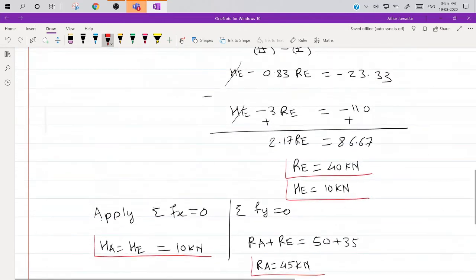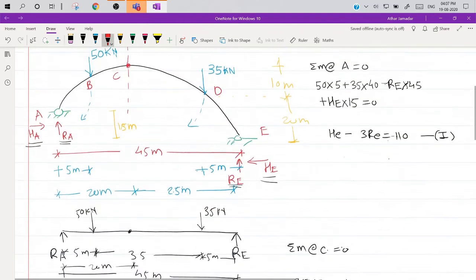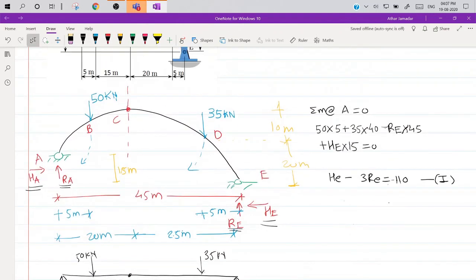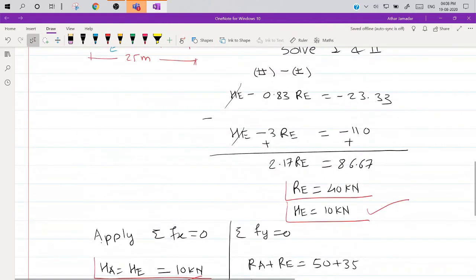So here we have seen that for any kind of parabolic arch, at both the supports, horizontal reactions are going to be the same. Okay, if you observe here, He and this Ha value are going to be the same, because horizontal loads are not acting on the parabolic arch, only vertical loads are acting. But even then we can say that both horizontal reactions acting on the parabolic arch are the same, irrespective of loading, whether it is symmetric or not symmetric, irrespective of the level of support. Okay, so this is the end of the first problem.